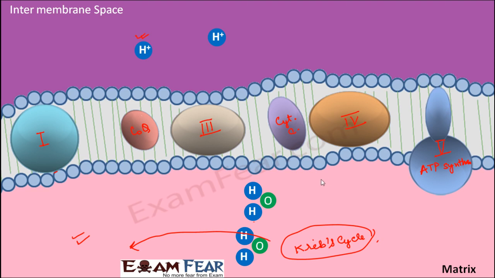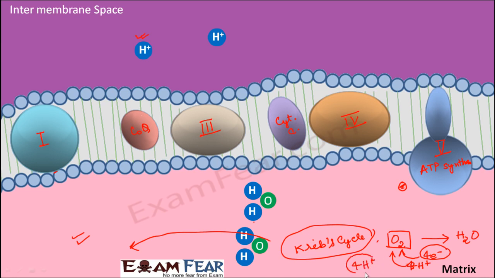Please try to understand that in order to form water from O2, let me write it here. O2, which is diatomic, wants to form water. Since O2 is 2 atoms of oxygen, it requires 4 electrons and it also requires 8 H plus. Now 8 H plus is also present. In order to form water, it utilizes 4 electrons and 4 H plus. Correct? So the remaining 4 H plus is still pending here.